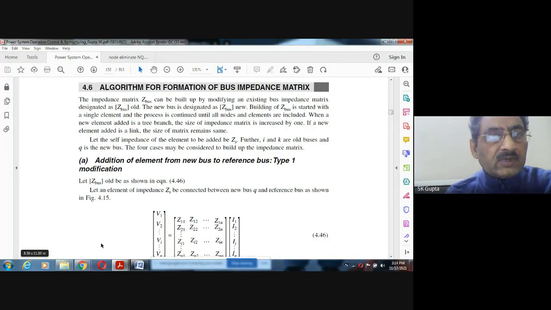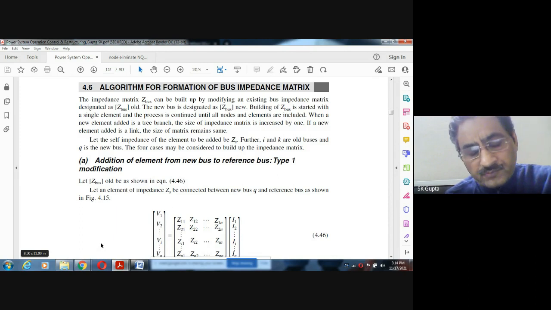a number of transmission lines and they are connected from bus to bus. From one bus to another bus, the transmission lines are connected. So that forms the network. So from the network, if we form the Z bus using the modification technique, first of all, we will take each transmission line one by one. First of all, we give the numbering to all the buses, say bus number 1, 2, 3, 4, 5, like this we will give the numbering except the slack bus.